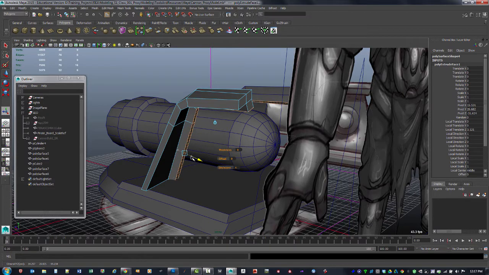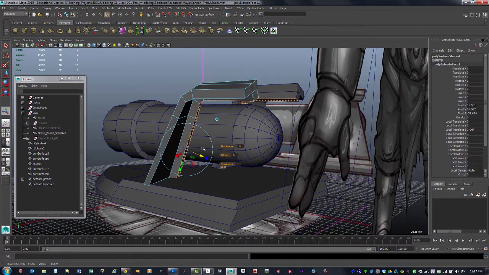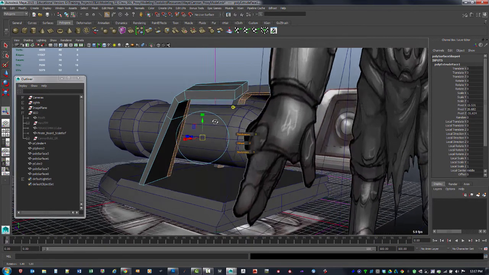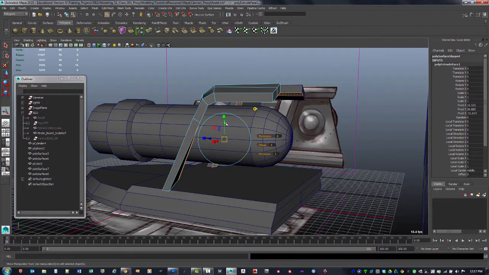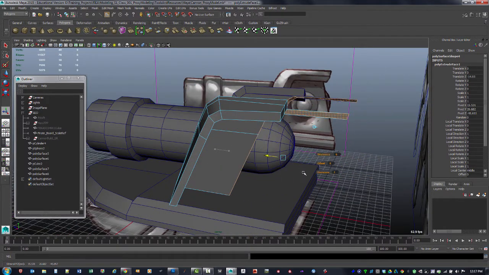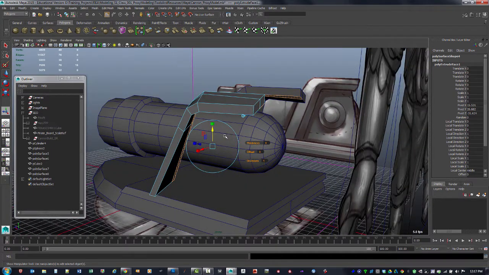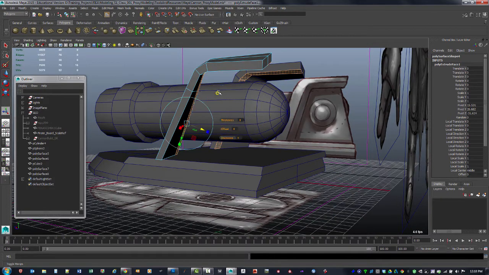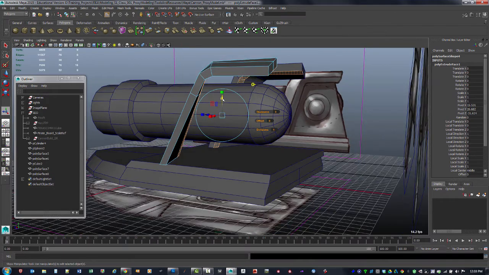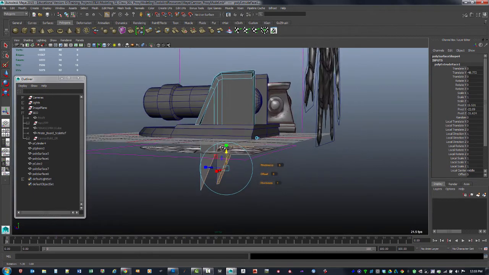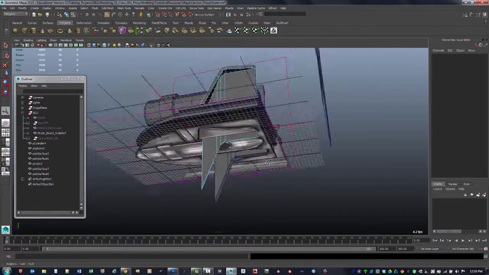This is considered moving in object space. If we click this little icon right here, that's going to put us in moving in world space. So you see how the manipulator changed, and now we can just click and drag straight down, and we're moving in the world. So we can either move in what would be Z or Y or just X. So again, we can always click this little manipulator icon here to get back and forth between object and world. So that's going to take this and drag this straight down like that. I'm going to push it down far enough to where it's going to make it real easy for us to select these